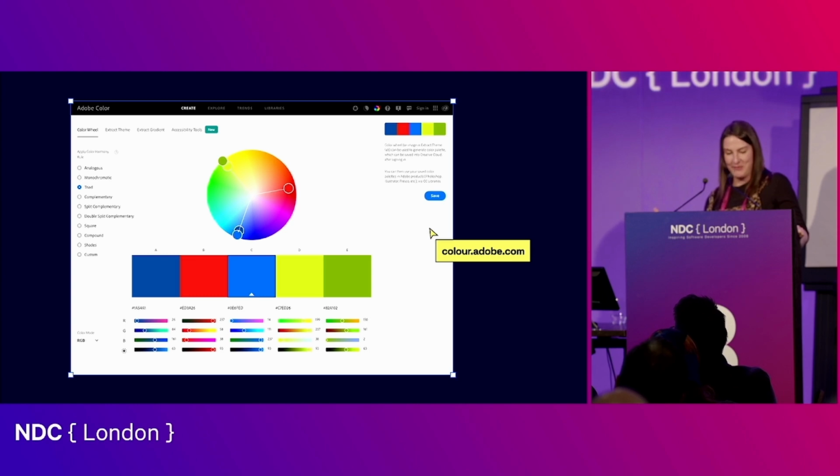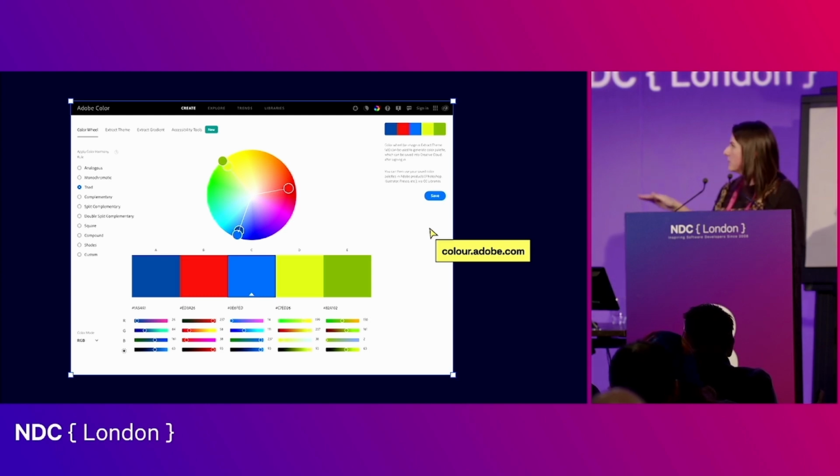I use this a lot because creating an entire palette is scary, but this tool in particular lets you create palettes using one color as a starting point, like I just spoke about. And you can apply different harmony rules to this, so you can choose contrasting colors, that kind of opposite that we talked about. You can have complementary or companion colors, so ones that are a bit closer to each other. There are lots of different methods on here that you can choose. We've got